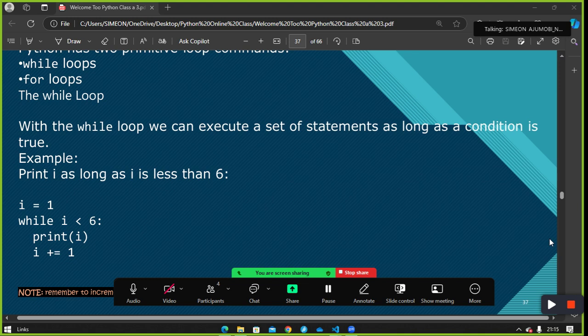Print number. And don't forget, it will not loop until you do what? Until you increment it. Don't forget. And how do you increment? Can you tell me how you increment? Plus equals 1. Number plus equals 1. So when you run this now,